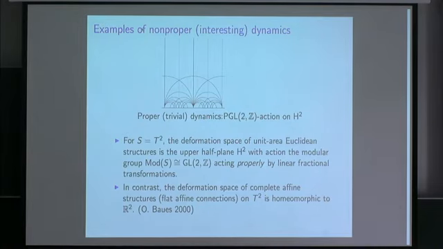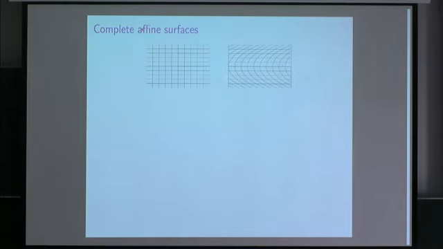And so Oliver Baues proved that the deformation space is homeomorphic to the plane. Just the fact that it's Hausdorff is, I found, surprising. But now the action of the mapping class group is the usual linear action of GL2Z. And this is a very chaotic action where almost every orbit is dense. Examples of these structures are interesting, and this gives rise to one of the questions that was raised yesterday in Michel's talk, that typically these manifolds will not have any pure translations in their holonomy group.